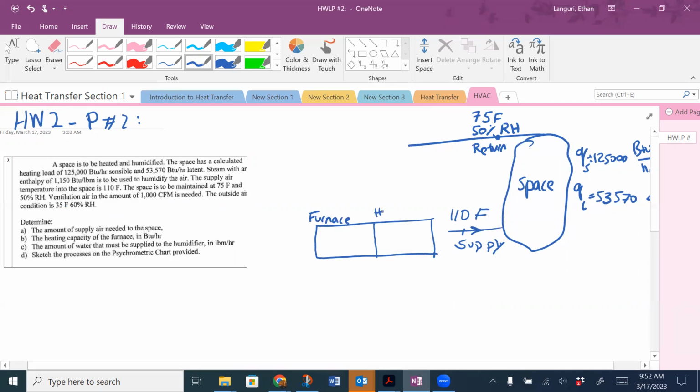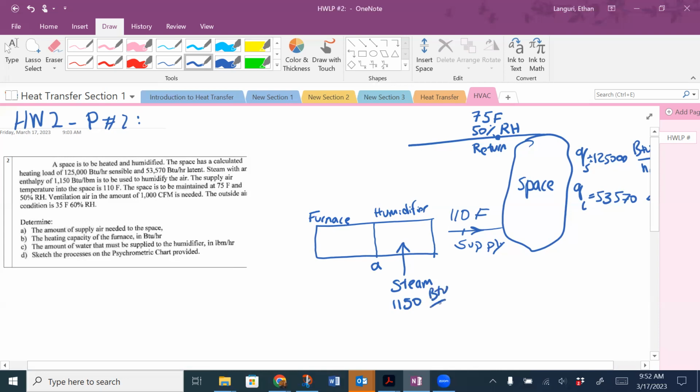And this is my humidifier. Let's show that A is separating the furnace from my humidifier, okay? So for the humidifier, I'm using steam at an enthalpy of 1150